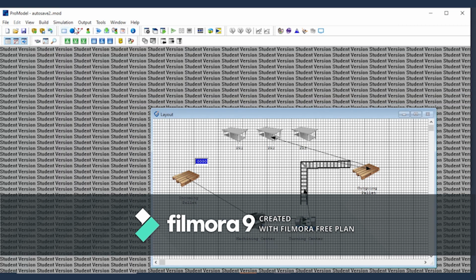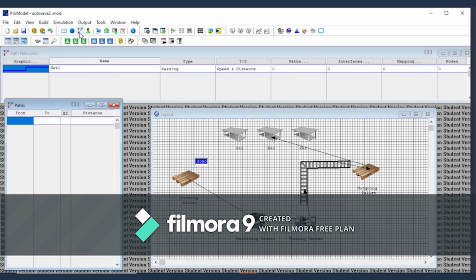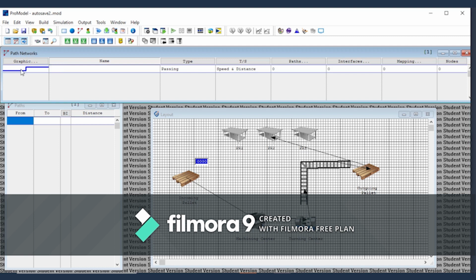Okay, next we want to do the network. So click the network and then you change the name to worker path. Okay, then first you have to click from where to where: from incoming pallet to machining, and from machining to the turning center, and so on. Okay, first we click from